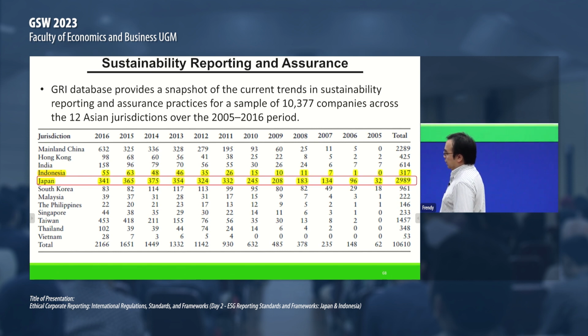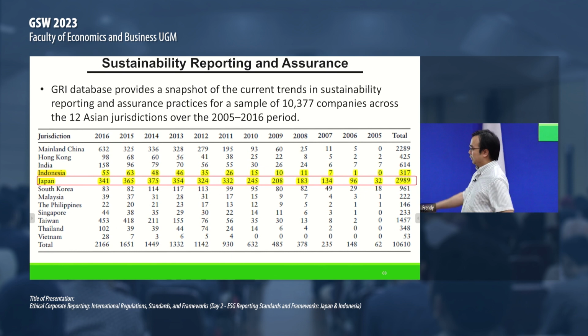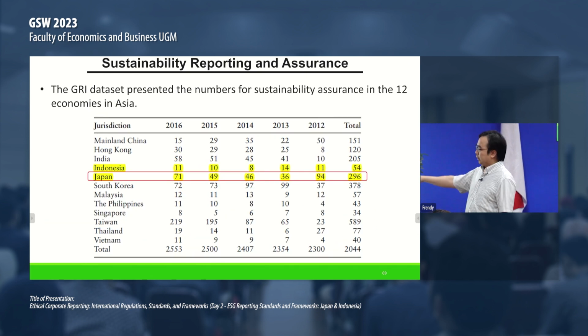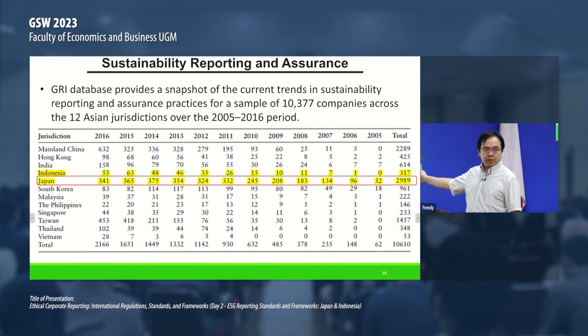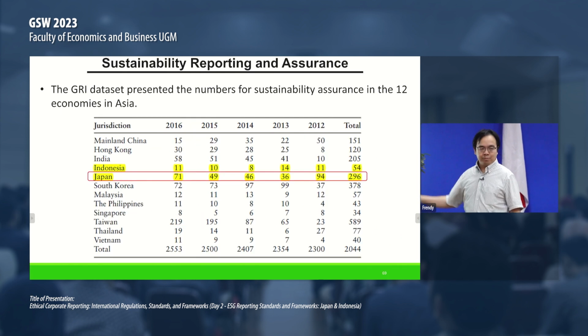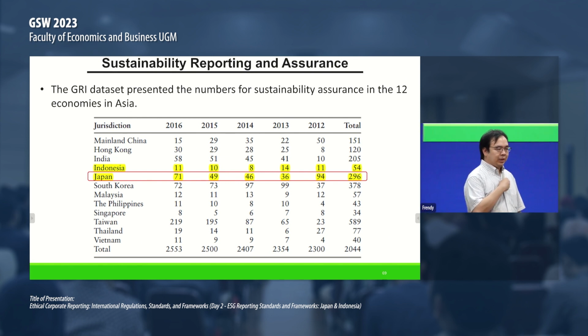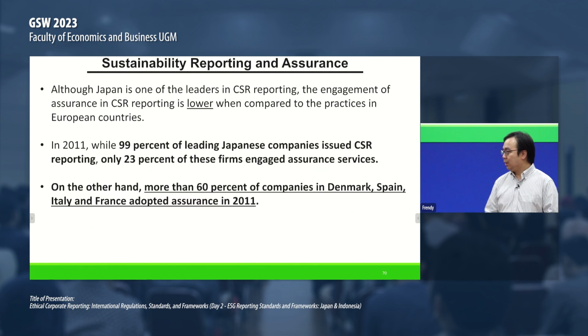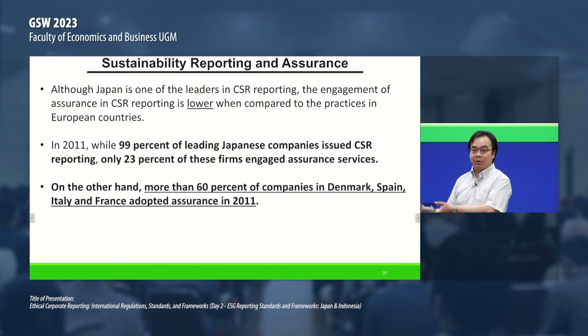Okay, if you look at the statistics for the GRI implementations, again, it's much higher because of the number of listed companies in Japan. However, look at the difference between the assurance versus the number of companies that publish GRI, same problem, right? There's a big gap between these two. So here we can see similarities between Indonesia and Japan. They still have a gap between companies that disclose ESG and companies that assure that ESG information. Okay, as shown here.